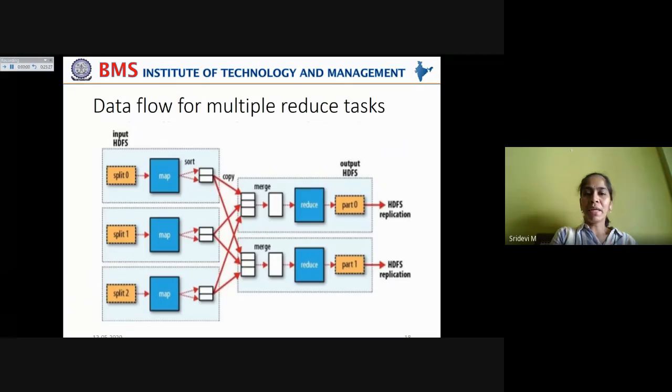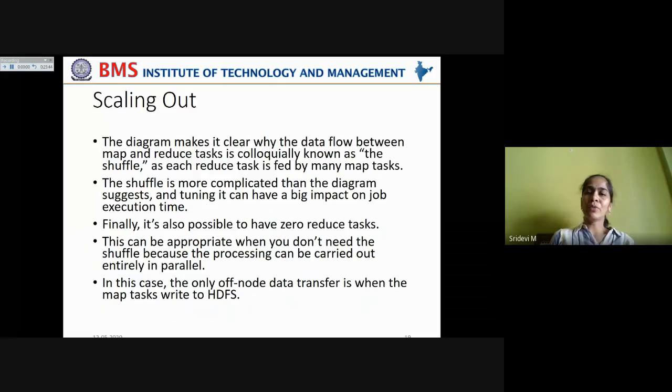See, this key value pair is being shuffled. Half is given here as well as here, so that it can be fed to two reduce tasks. The shuffling of the key value pairs happens, which is why that stage is called the shuffling stage.